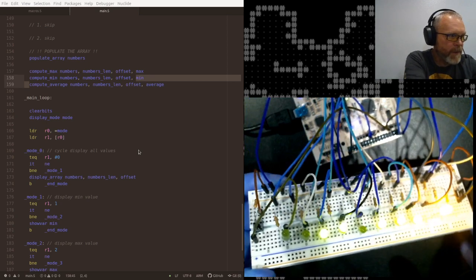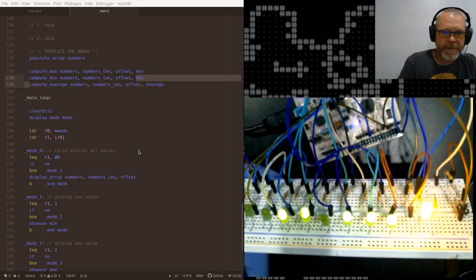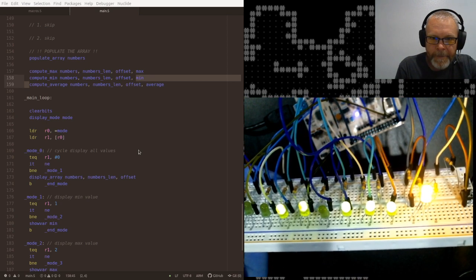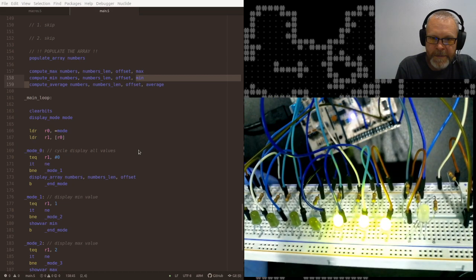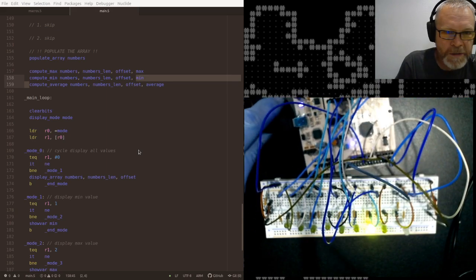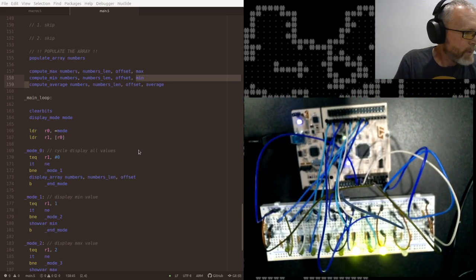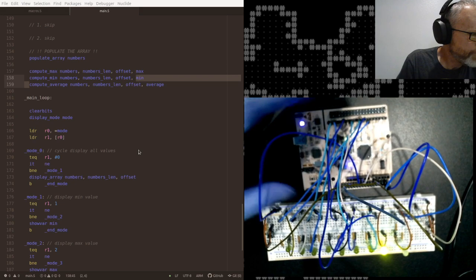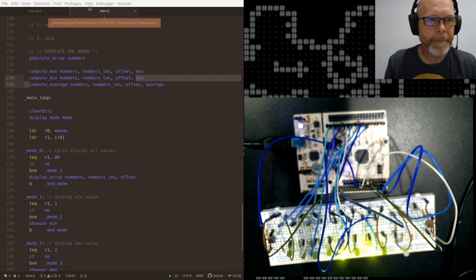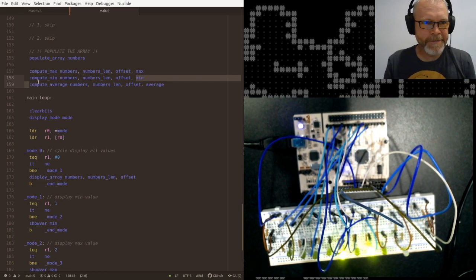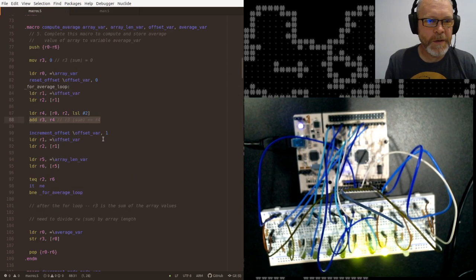So now we got to hit it with the div. Mode 2 is max, mode 1 is min, mode 0 is cycle. All right, we're just about there. Wait. Comment and uncomment. All right, it's uncommented. So all we have to do is the one missing instruction in the macro,